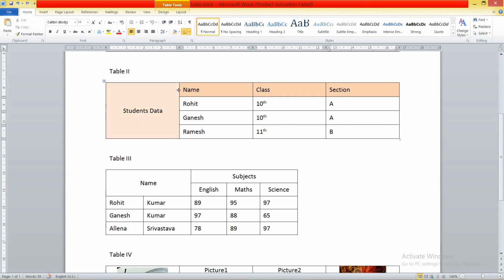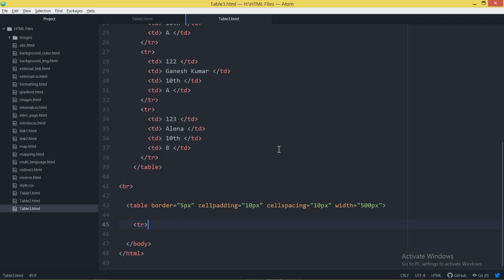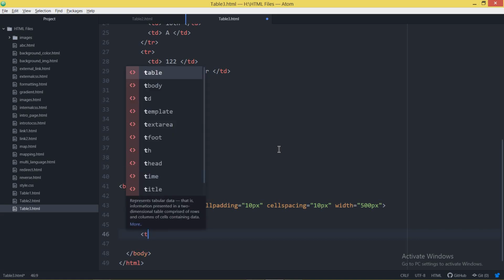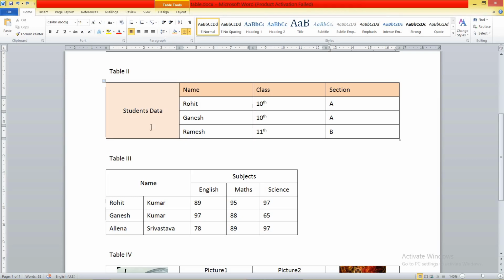Now you can see I just want to make this row. As I said, the first row has 4 number of cells. This cell you will always count into the first row. It means the first row has 4 number of cells, 1 2 3 4. To start a row, just give the tr tag, that is table row, and after that you have to give table data or table heading. I want to give it a table heading.